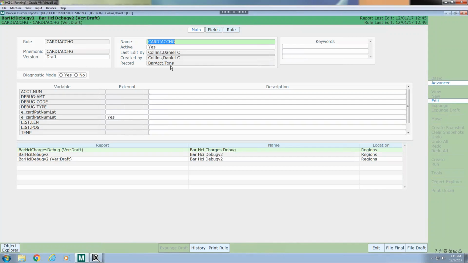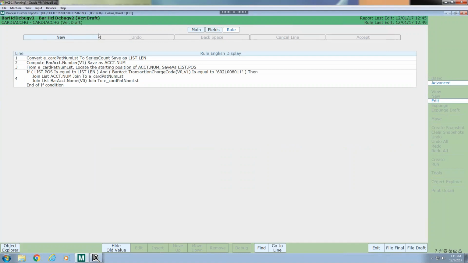So it's going to get executed for every patient that falls within the date range of the report. And then for that patient, it's going to go through every single one of the patient's transactions and get executed each time we go to a new transaction. So if you look at this rule, what we're doing here is we're checking to see if this transaction has this specific procedure code, which happens to be a cardiac charge. And if this transaction that we're on has that code number, then we're going to include this patient in the